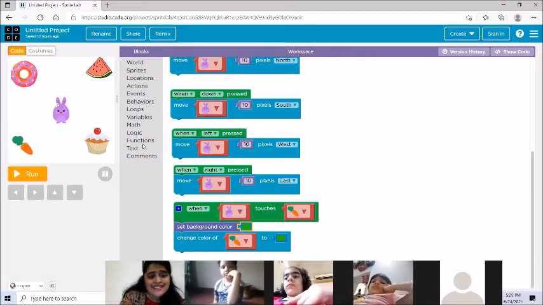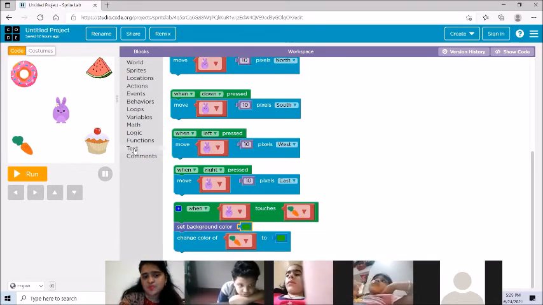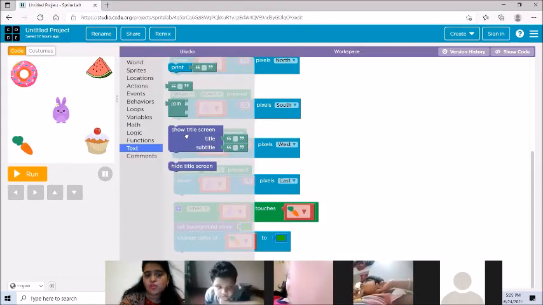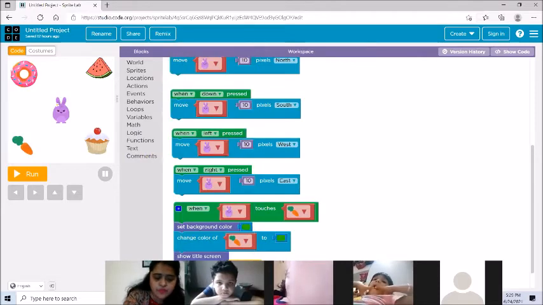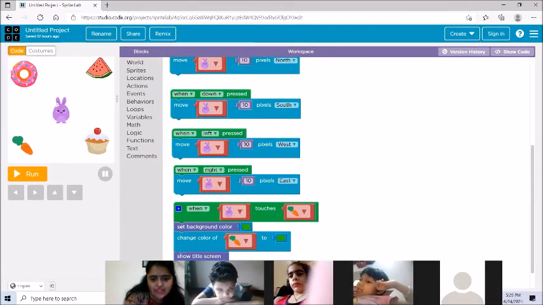So we'll go on this text block because we want something to be written on the screen. So we'll go on text block and show title. This fourth block we'll be taking and we'll adjust it here. Okay, and what should be written in title? We will write healthy food. Let's write in capital letters. Healthy food. And in subtitle, it should be written, you can eat.